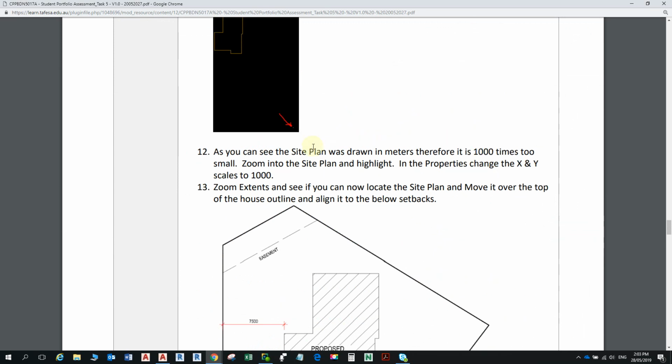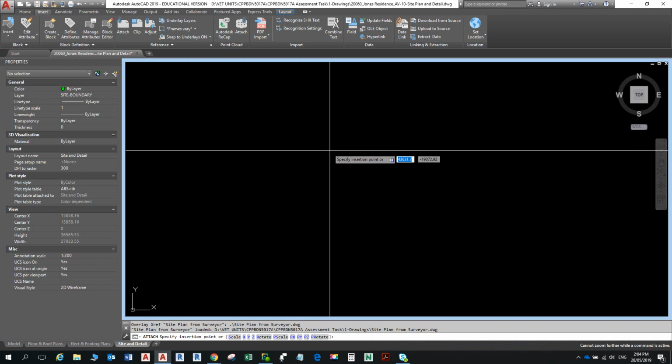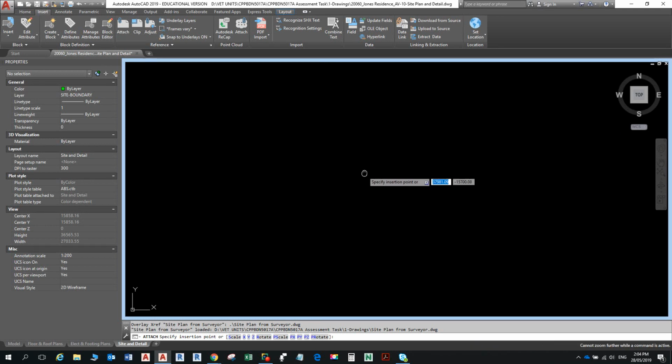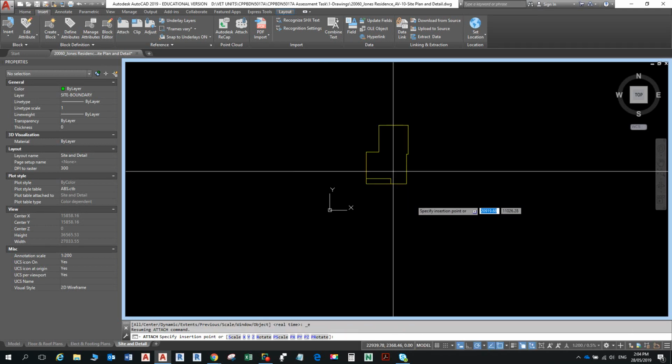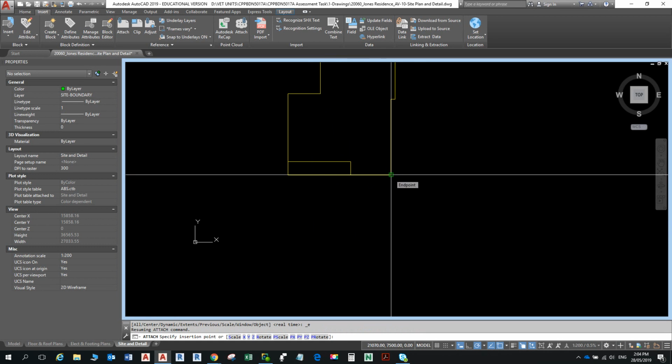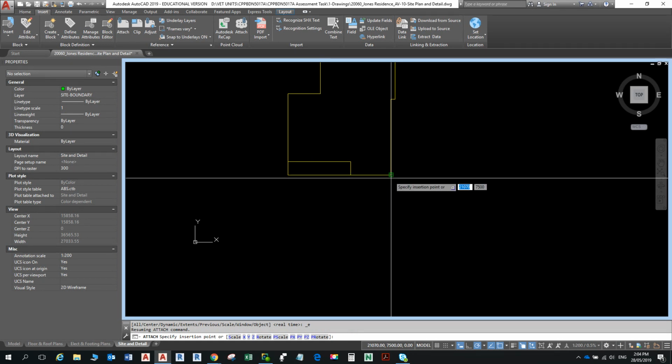All right, so there's a little dot, see, down there. As you can see, the site plan was drawn in meters. So we'll fix it up in a minute. What we're going to do is drop it into the bottom left-hand corner somewhere of the house, just so we know where we're putting it. Let me just zoom extents. I would just drop it right there in the bottom right-hand corner, so we're all doing the same thing